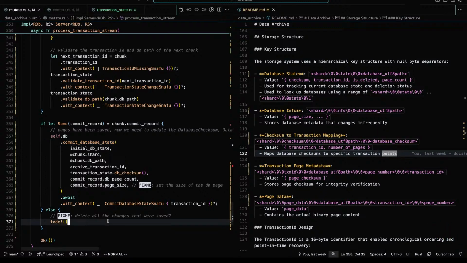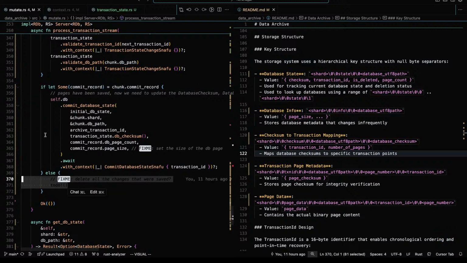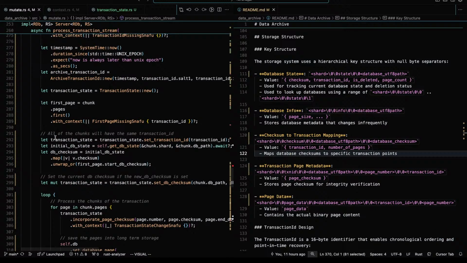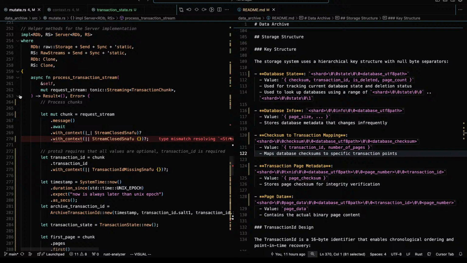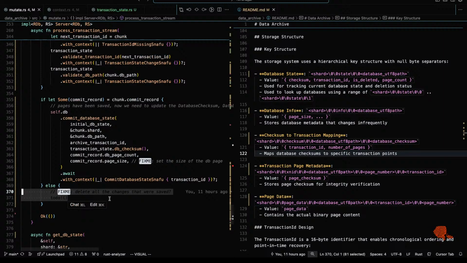And if there is no commit record, I think we're okay. Because, let's see. We got a stream of chunks. Now, if we get all through this and there's nothing, then yeah, no, this is good. We need to leave that.